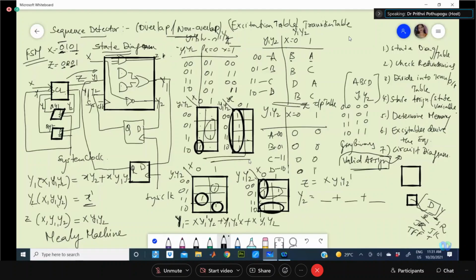This is the K-map we have got for a binary order of assigning. And this is the K-map we got for a gray order of assigning. When you derive the equation for binary, how many variables or how many minterms are there in y1, y2 and z? Compare that with the number of minterms and variables in y1, y2 and z for the gray order of assigning. Which one has fewer, you tell me? Binary. So binary is the valid assignment for this example, for this design.